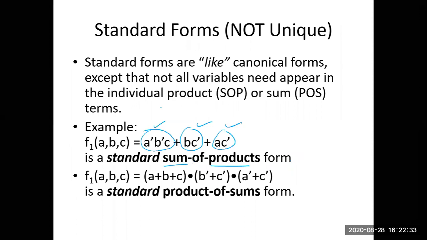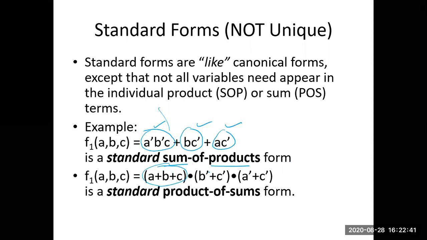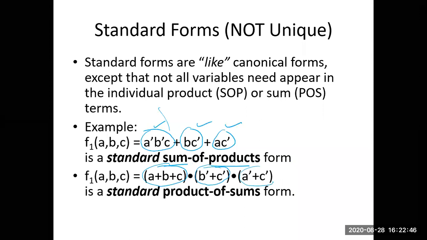In this second example, you can see it is a summation of three variable term A, B, C. This is a summation of two variable term B, C. This is the summation of A and C. And after doing summation, you are doing product or dot of these three terms. So you are doing summation, then implementing this product, and it is a product of sum expression. And since all the variables are not there, it is a standard product of sum.